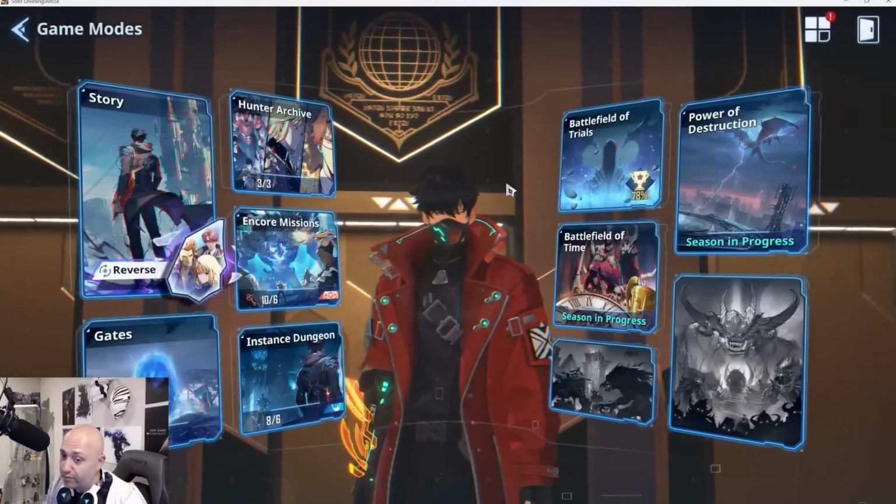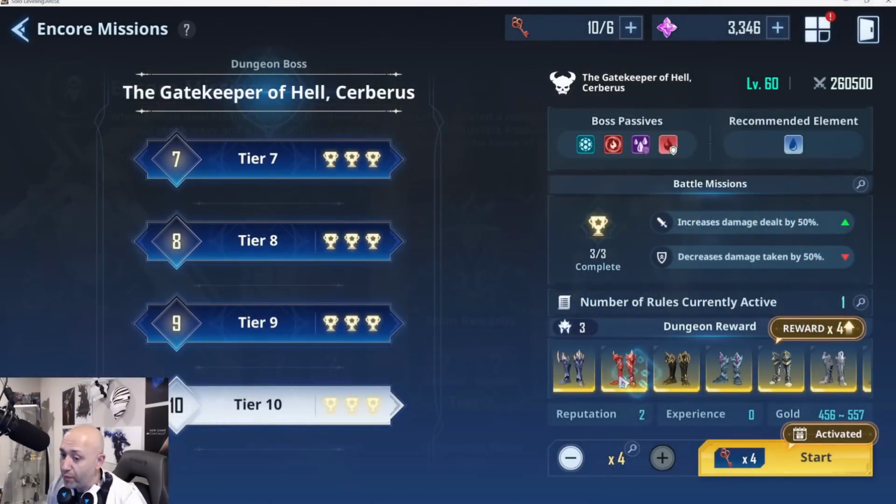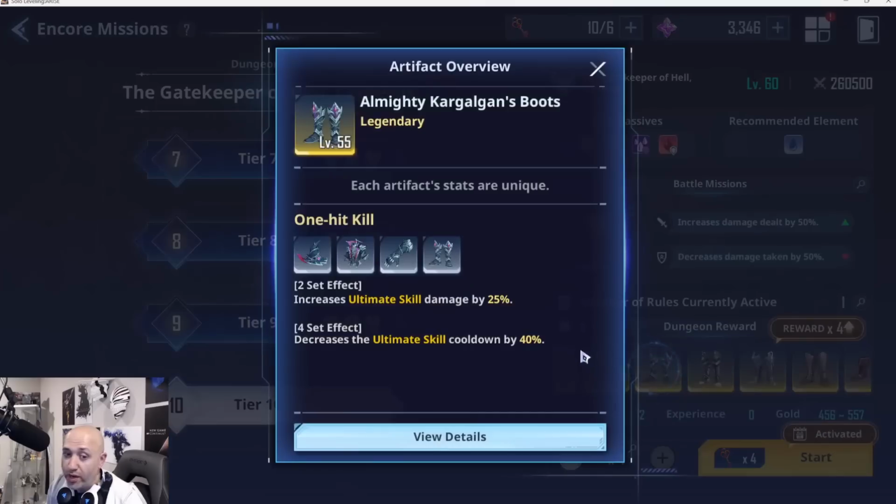So just real quick, I wanted to make sure everybody understood that one, because I know a lot of people struggle with that concept, but I want to make sure that everyone understood it. Now the one hit kill also is a pretty big one here, just so everyone is aware. Increases ultimate skill damage by 25% is a massive one for any units like Choi, who can cast them pretty